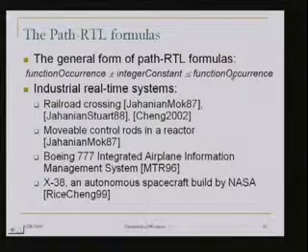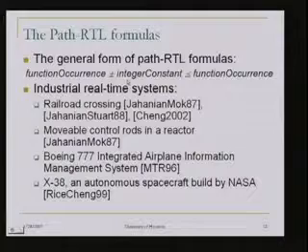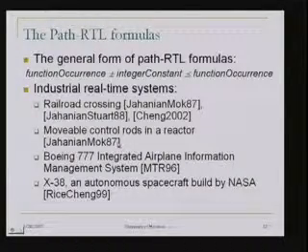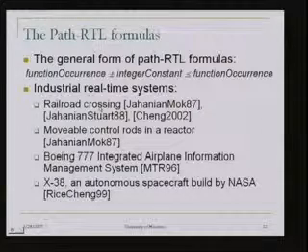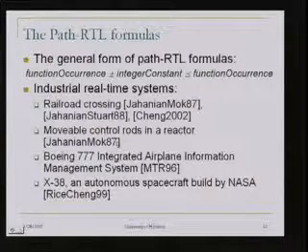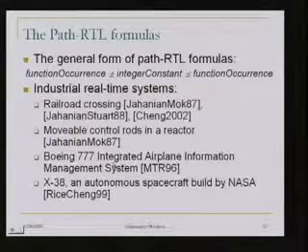Okay, so this is the form of the formulas: occurrence function plus or minus integer less than or equal to another occurrence function. Now, we have analyzed several systems, including the railroad crossing. The system I have is very small, but there could be multiple tracks. We have analyzed a nuclear reactor, Boeing 777, the